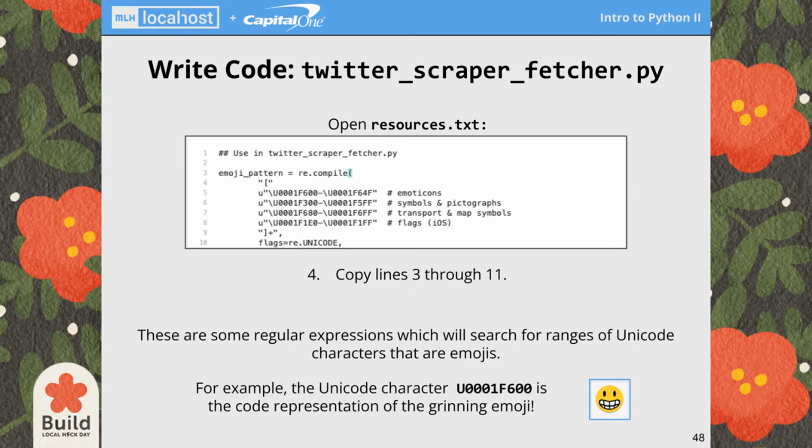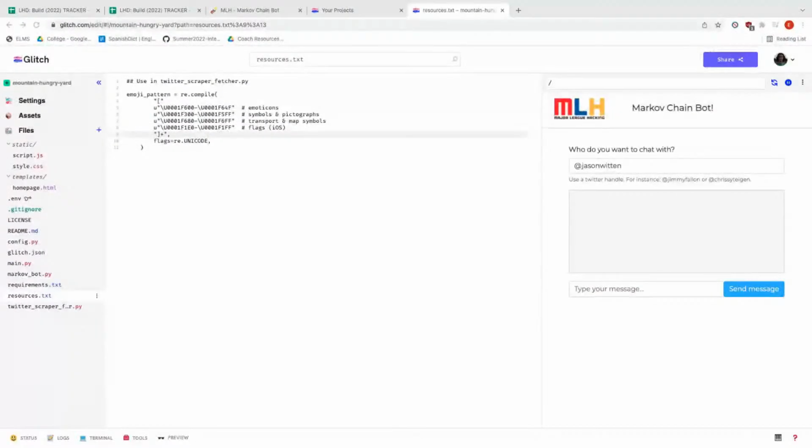If you look at this, these different Unicode characters represent different kinds of emojis, and this resources page just gave us those data points that we're going to need to make regular expressions.